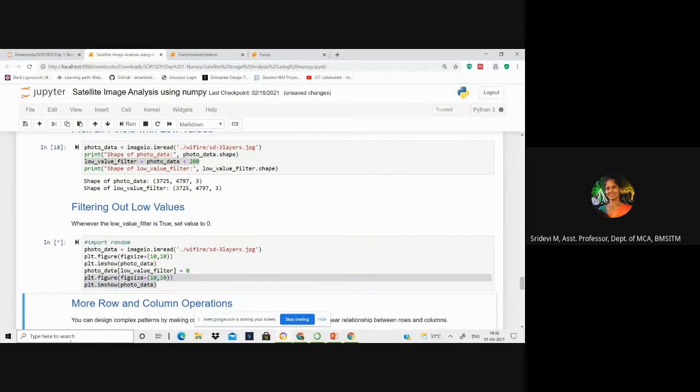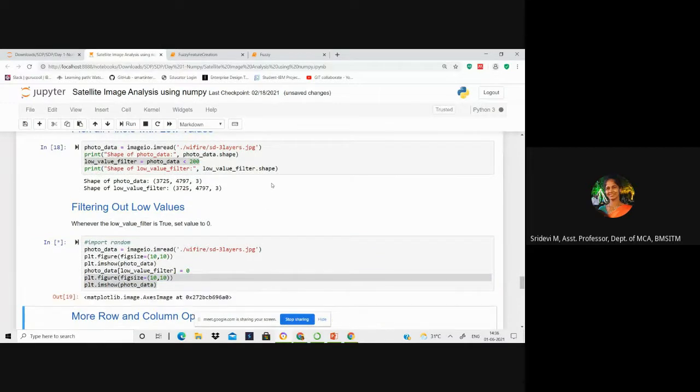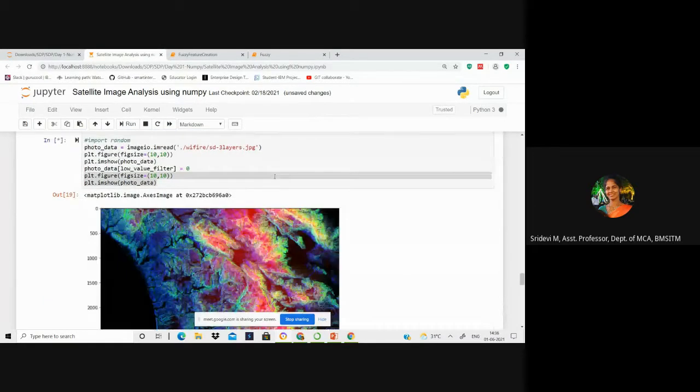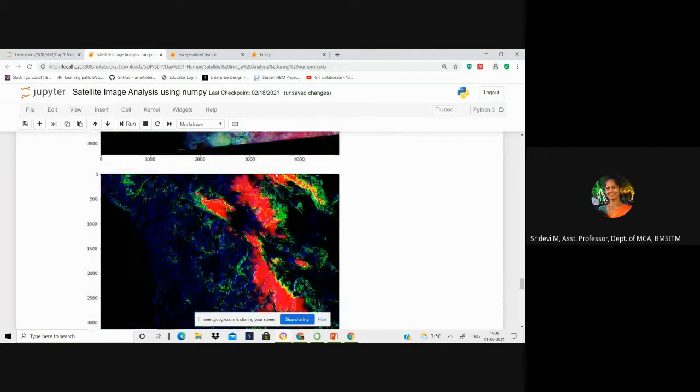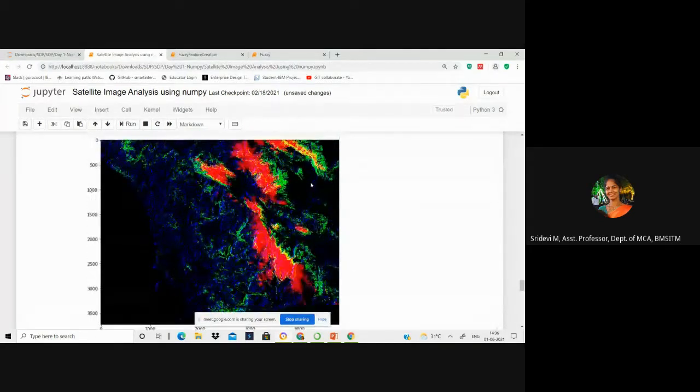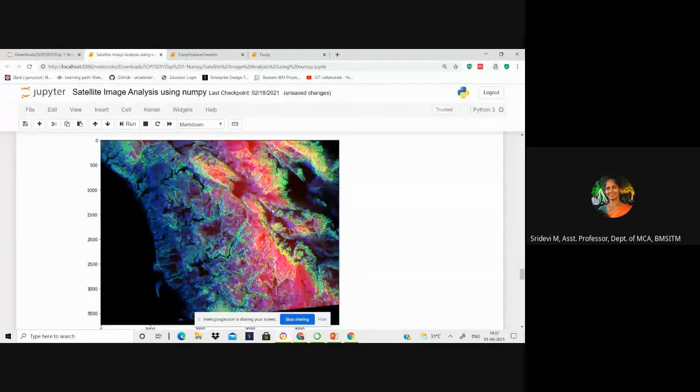So let us see what will be displayed. This is your initial image and this is your final image after filtering is applied. See how beautifully you are able to project the high intensity colors. In the original, you are not able to study that well about the geographic location.